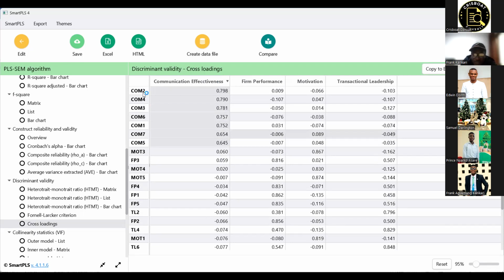So, okay, we have them grouped here. COM2, COM3, all the way to 7. We have 0.798. Comparing to firm performance value, we have 0.009. So you see there's a wide gap, right? So you're good to go. If you look at